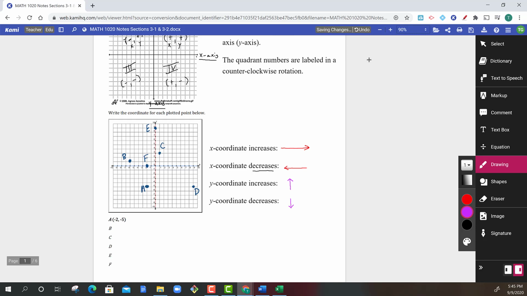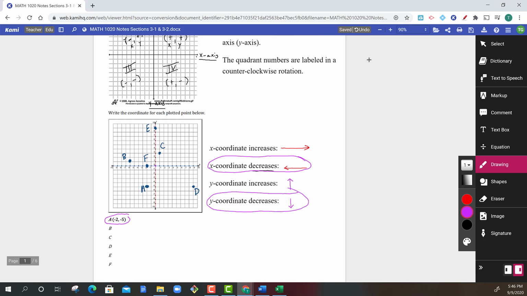So the first one's done for us, but let's just talk about it real briefly, how they got that answer. So from the point 0, 0, which is the center of our graph, we went to the left 2. So again, moving left means our X coordinates are decreasing to negative numbers. So that's where the negative 2 came from down here. And then we went down 5 units. And again, when you go down, the Y coordinate decreases to negative values,